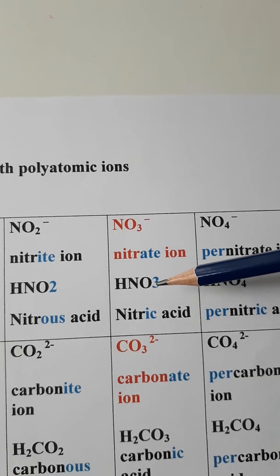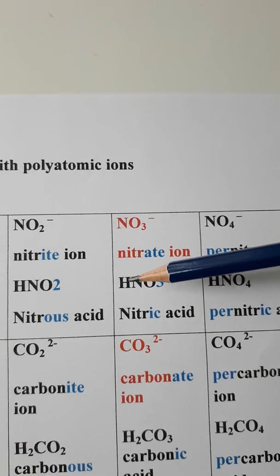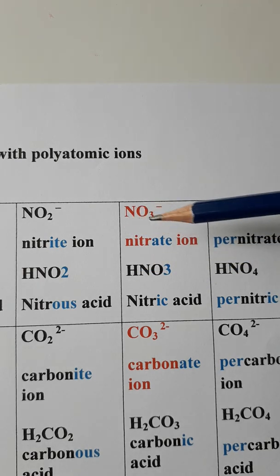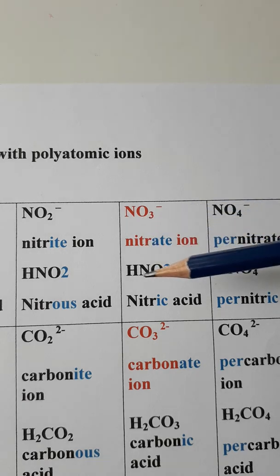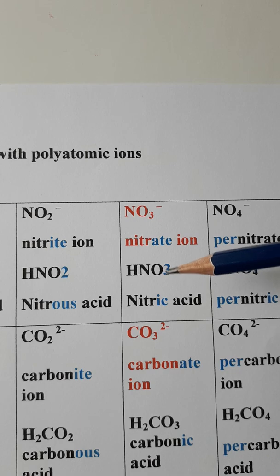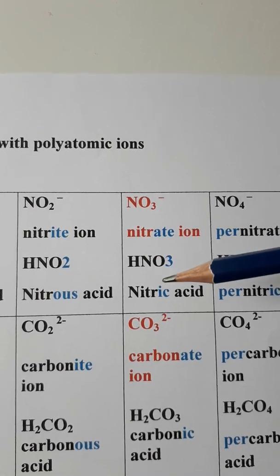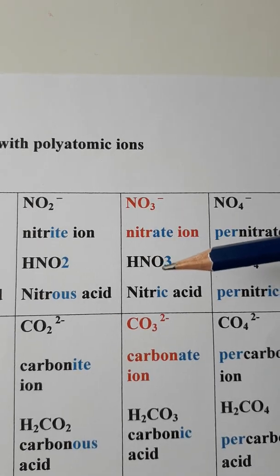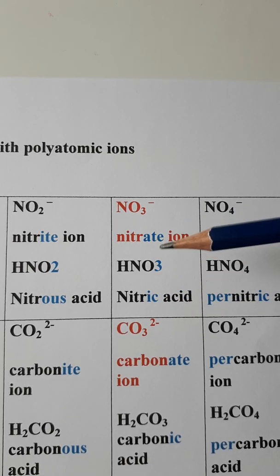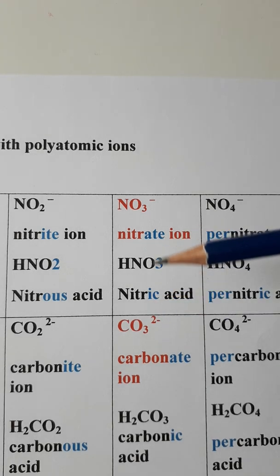Why? Because if you can remember my H atom, it had one proton and one electron. So when you remove that electron, it becomes H plus. So that H plus and NO3 minus join together to make this compound HNO3. Plus and minus cancel out, and it will be dissolved in water. So when it is dissolved in water, the name of that acid is nitric acid. See the pattern. It becomes ic, nitric acid.